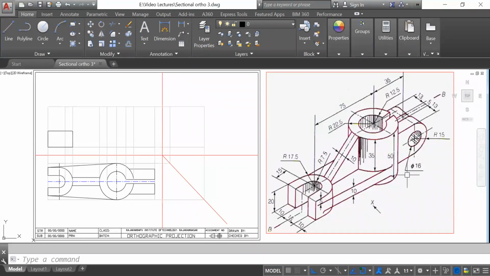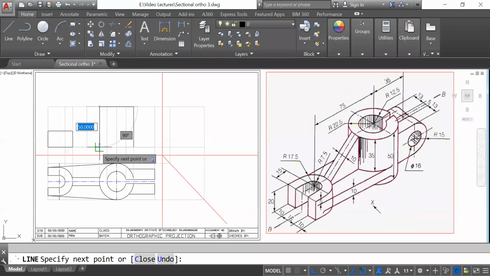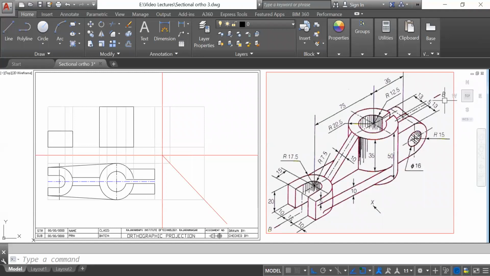Then the next part, this cylinder. This cylinder goes throughout, so I'll join throughout first. This is the cylinder. But here you will get the sectional front view. Why? Because the cutting plane is BB. So the sectional front view you have to draw here. When we take a cut, this part is going to be open, the inner circle is going to be open. It is already open on one side, but this side is also going to be open. This rib is going to open, and this one is also going to be open.